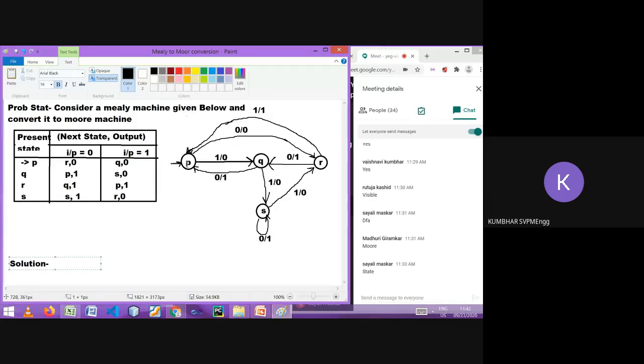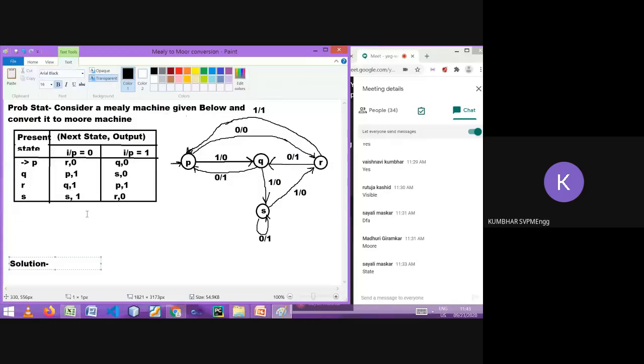Suppose for P, which are the incoming edges? One edge is coming from Q, with one input and one output, and one more incoming edge for P is from R, with input 1 and output 0. Are you getting me? You have to check which are the incoming edges.